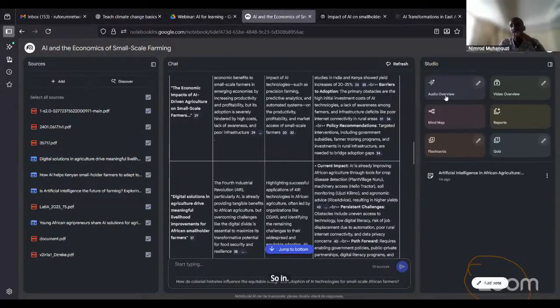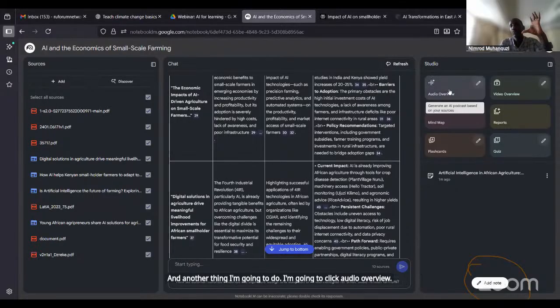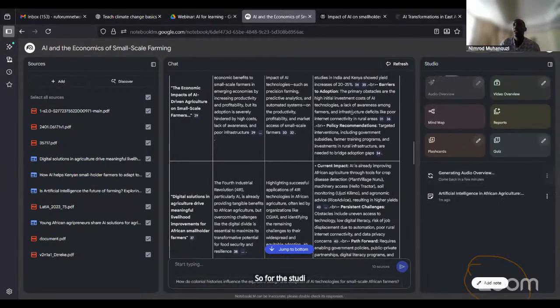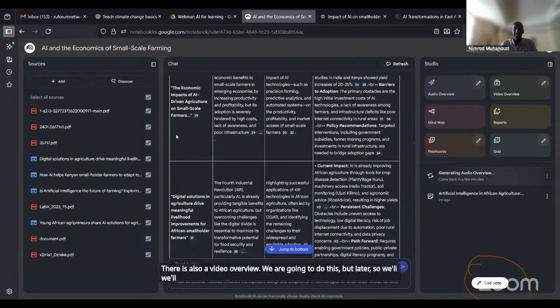And another thing I'm going to do, I'm going to click audio overview because it takes time to make it. So let me just create it. So for the Studio, this is where it does the special source. We are going to see that later. It had said come back in a few minutes. There is also a video overview. We are going to do this, but later. So we'll work with this later. And in the meantime,